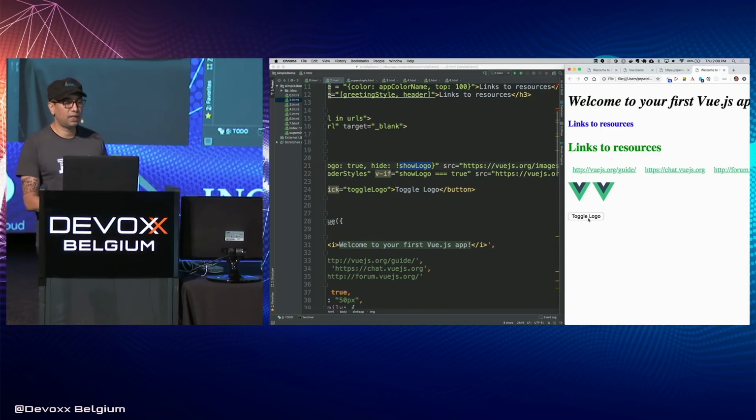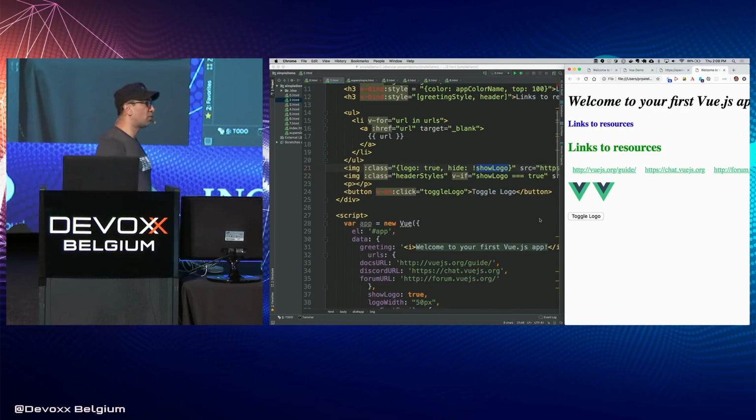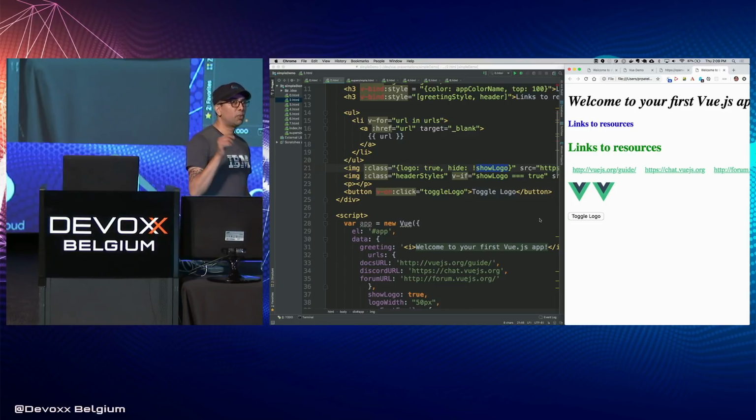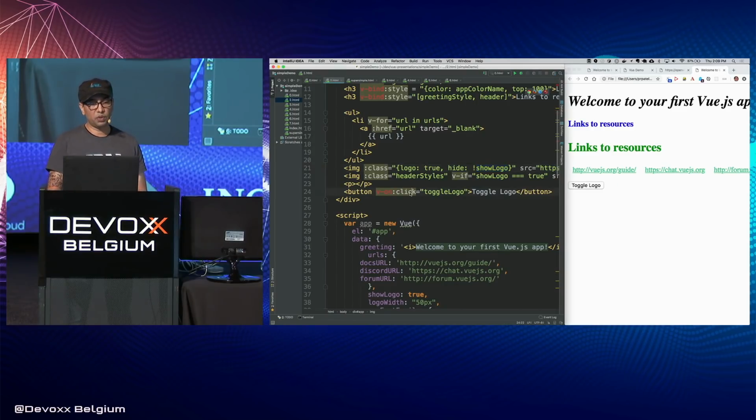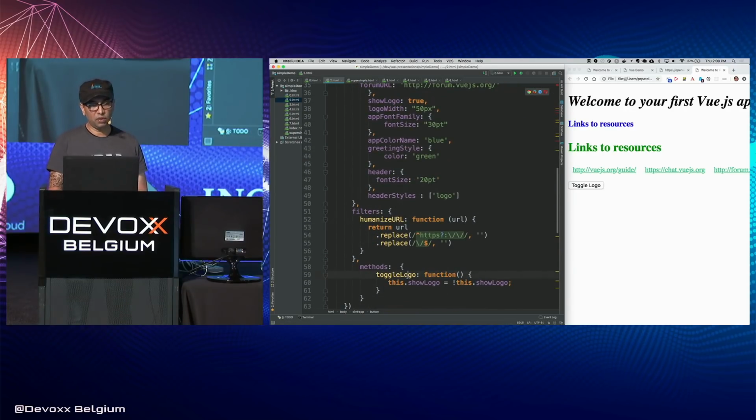And one of the ways that I like to think about Vue is somewhat like a reactive type of framework. So when we change something in the data, it filters through the Vue system, and anything that references that specific variable will get reacted to. So in some ways it's reactive. So when we hit this, what we're doing is we're getting this click, toggleLogo, and that toggleLogo is actually manipulating a data element that we have right here. Right? So initially we just set it to true. Okay? But